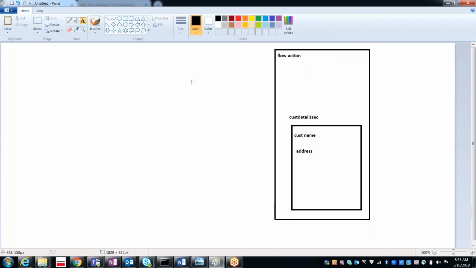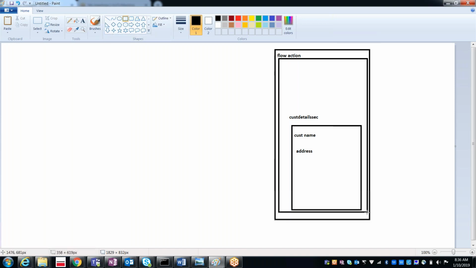In case you want to display multiple sections, how did we do it? Like we had home address and office, two sections. If you want to display two sections in one flow action, how could we do this? We will keep a section in a section.